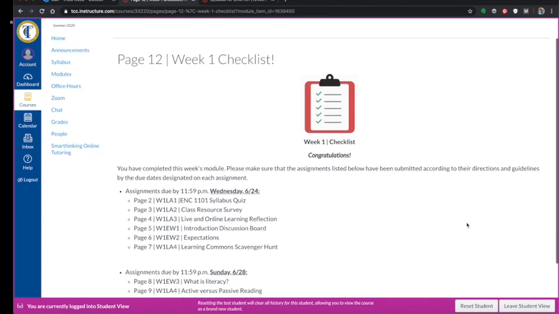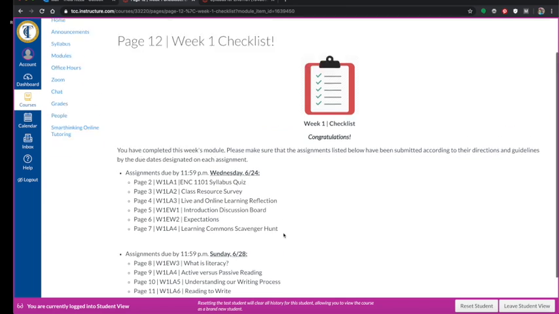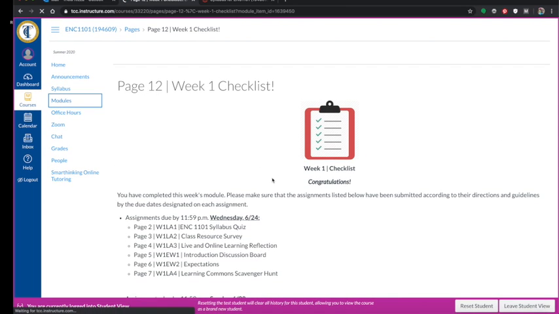All right, this is one of the important things, the checklist. The last page of every module will be a checklist, and I've broken it down so that you know, one, the due dates, two, what page number these assignments are on to make sure that you've submitted everything. Okay. Once you're done, you can go back to modules,